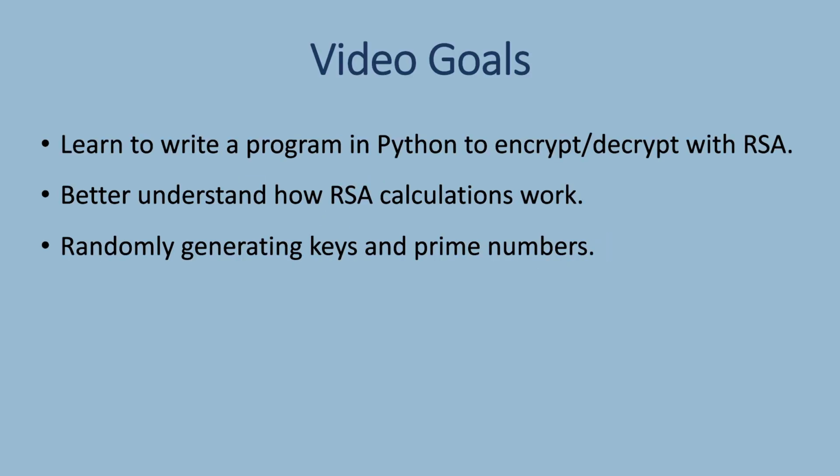So what are the goals? We're going to learn to write a program in Python to encrypt and decrypt using RSA. It's going to help us better understand how RSA calculations work and how they can take place in practice. It's also going to include randomly generating keys and prime numbers, which is a core functionality that we need